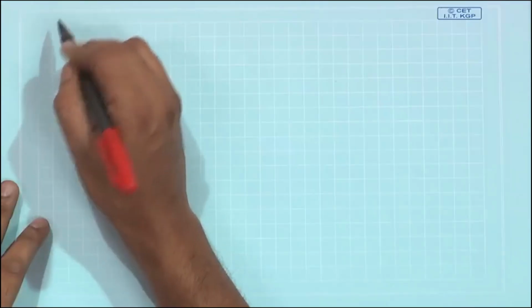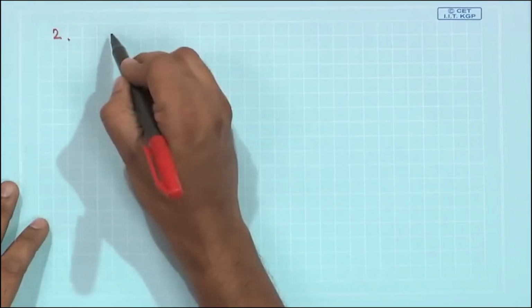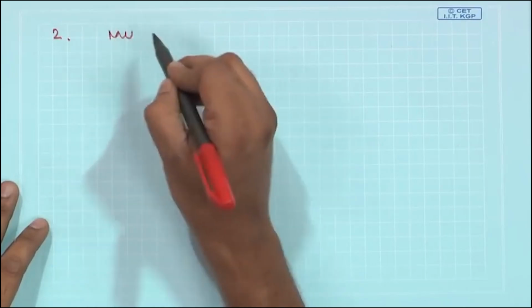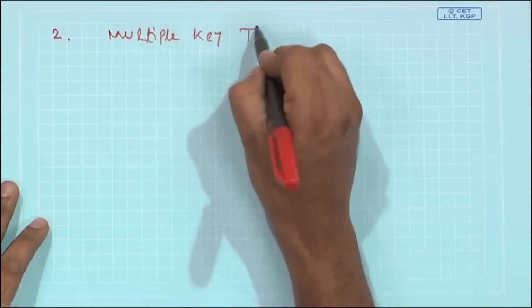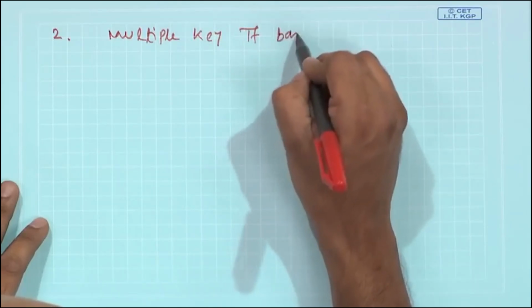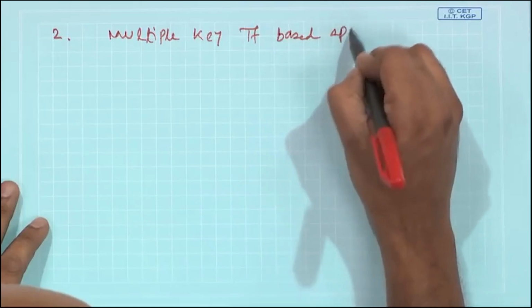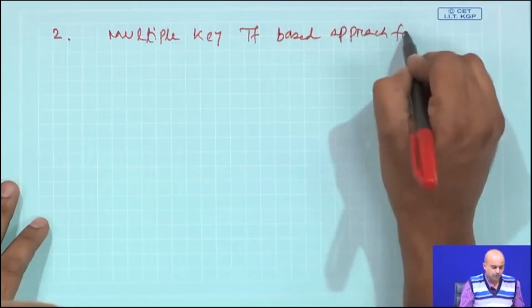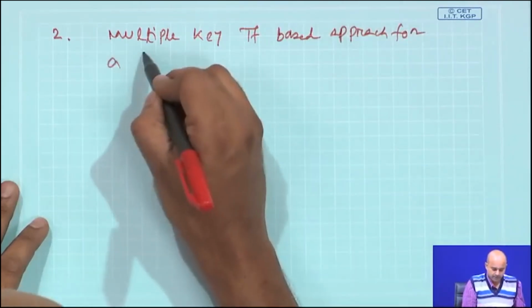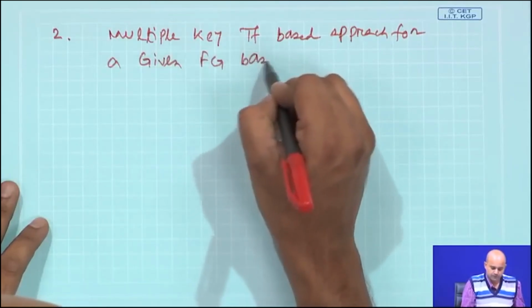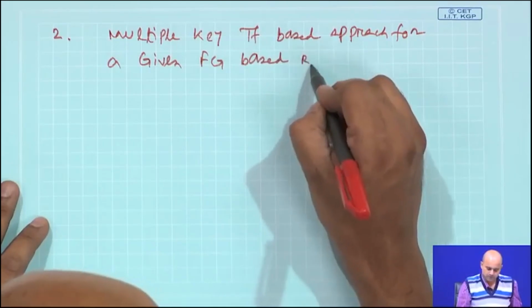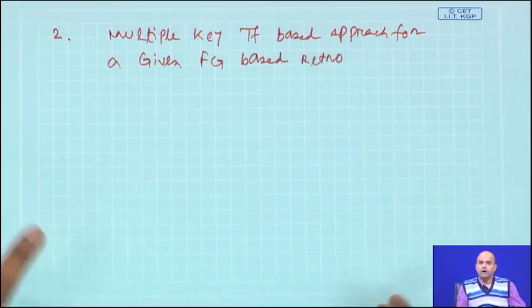Now, today we will be talking about the second point, which is how you can use a multiple key transformation based approach for a given functional group based retro. Now, initially when we discussed the functional group based strategy, you said there are 6 guidelines which we will